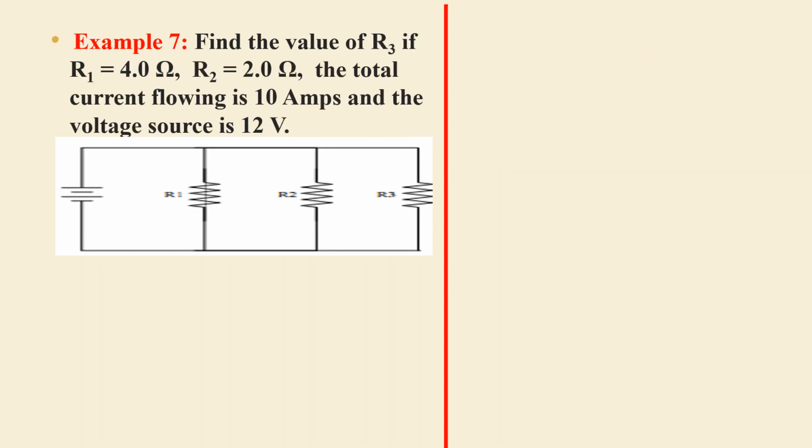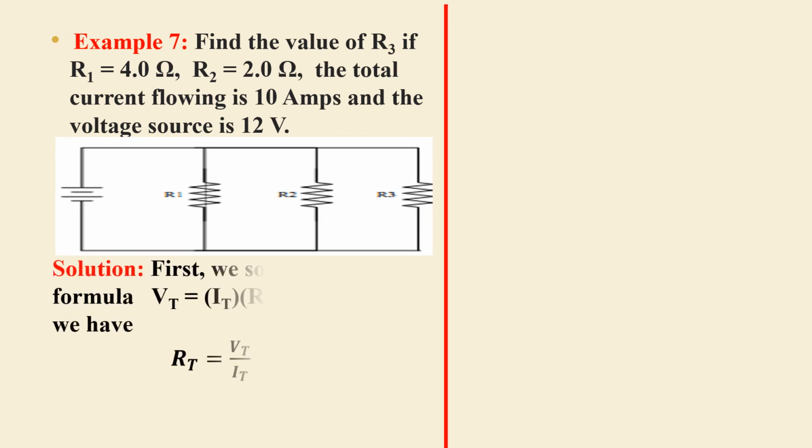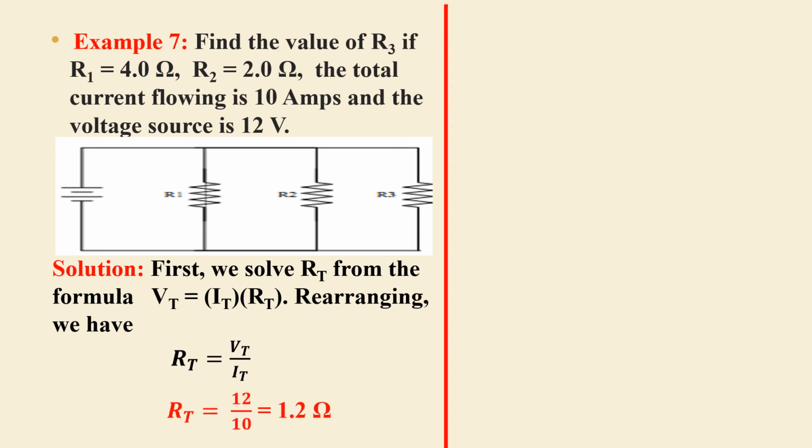Example number 7. Find the value of R3 if R1 equals 4 ohms, R sub 2 equals 2 ohms. The total current flowing is 10 amps and the voltage source is 12 volts. So again, this is a parallel connection. So we can use first Ohm's law to find the RT from the formula V sub t equals IT times RT. Rearranging, we have RT equals V sub t over IT, and substituting the values, 12 divided by 10 equals 1.2